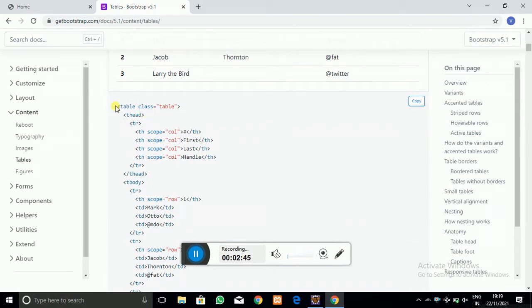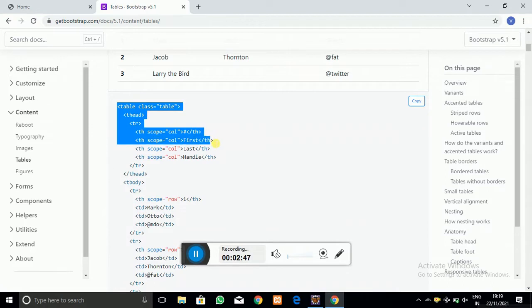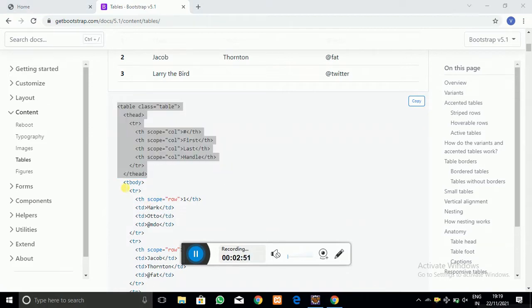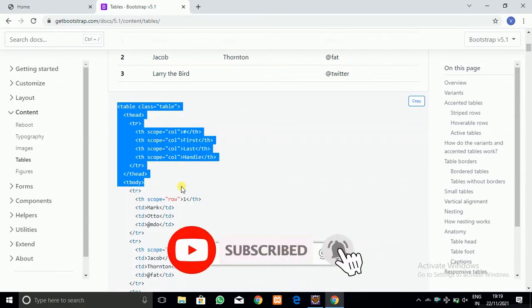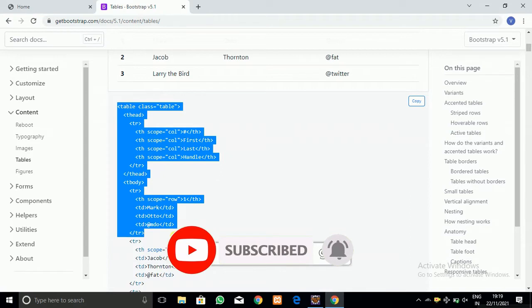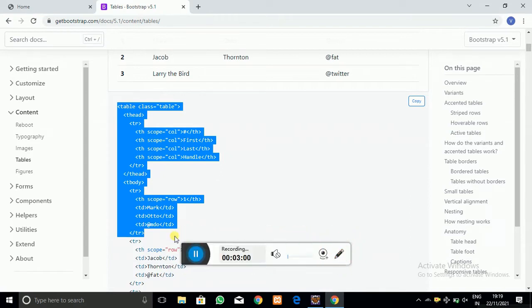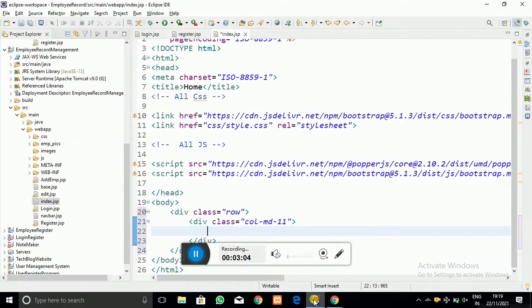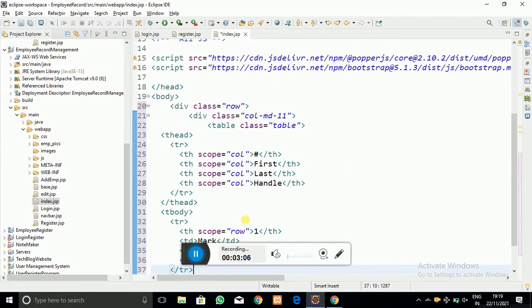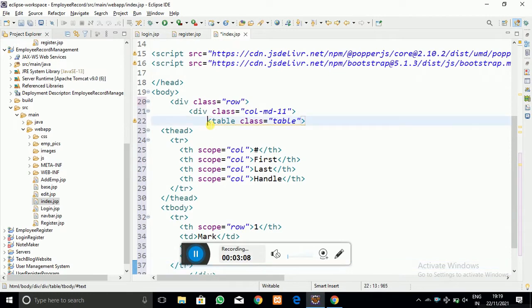So I have copied that code from bootstrap and pasted it into our Eclipse IDE, in this structure, and let me arrange it properly.